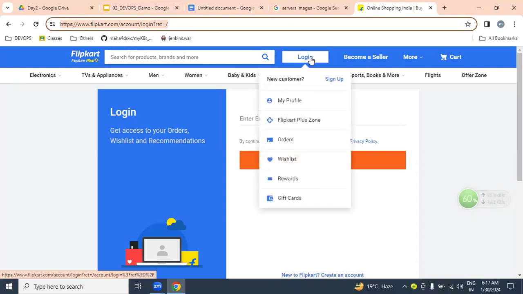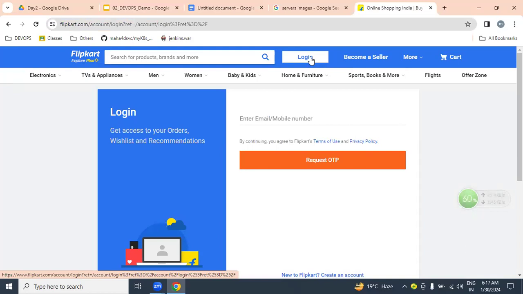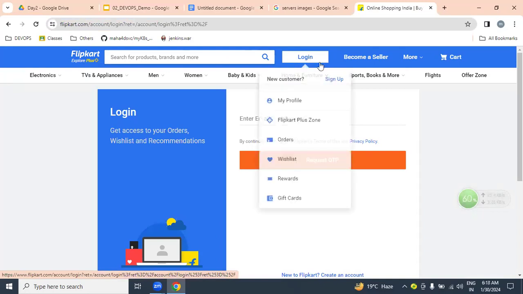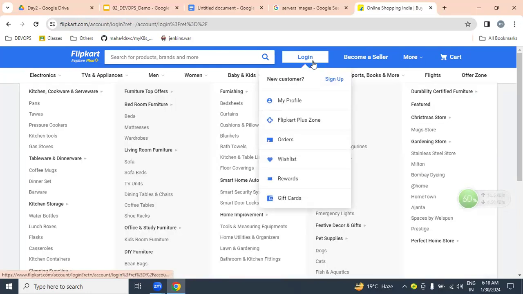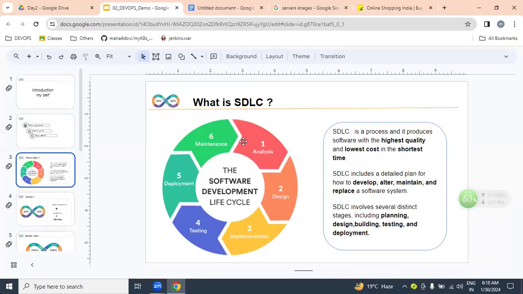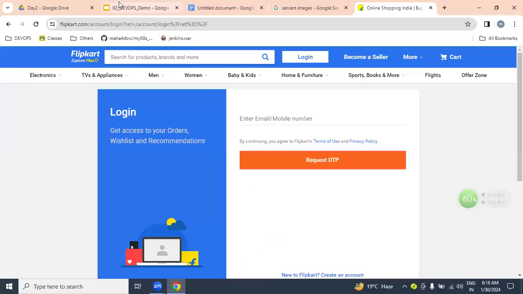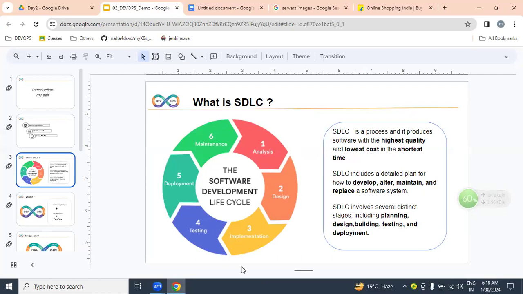But if you want to make a Flipkart kind of application like Redbus, Book My Show, whatever it may be, can we make it in a single day, ready overnight? No. We can't make it ready overnight or in a single day. But how exactly can we produce a Flipkart kind of application? By following these stages: analysis, design, implementation, testing, deploy, and maintenance.